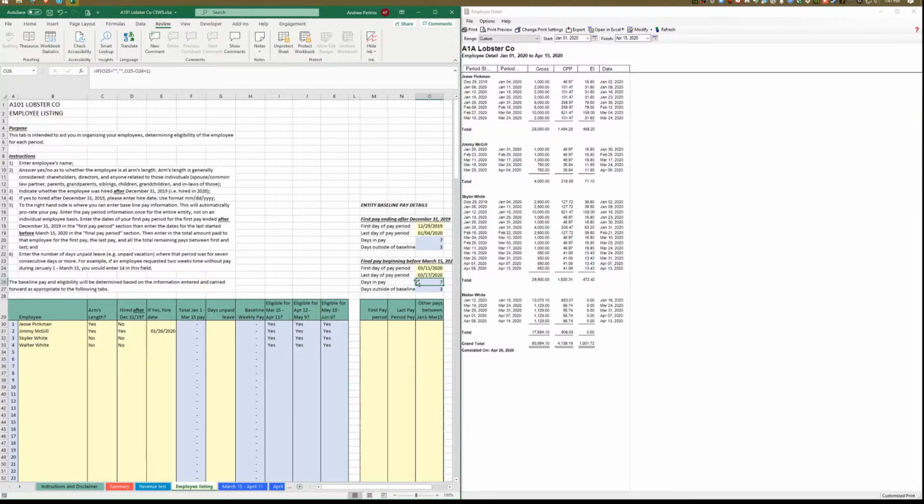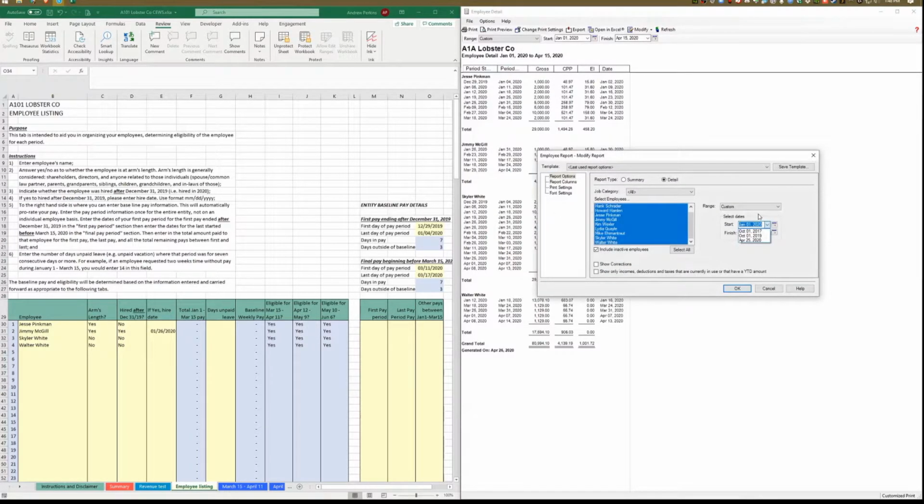So our next step is we want to complete the actual pay period information from January 1st to March 15th. So the way this is broken out is we're going to enter our first pay period here for each employee, our last pay period for each employee, and then we're going to enter the total amount that they were paid otherwise. So in our situation here, we know our pay periods run from December 29th to January 4th. So that's what we're going to modify our report here to be, from